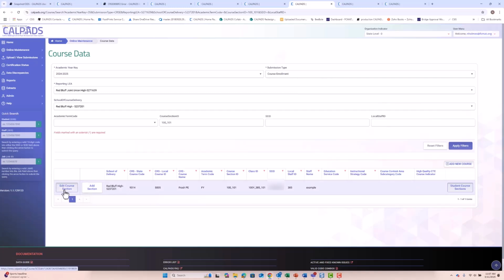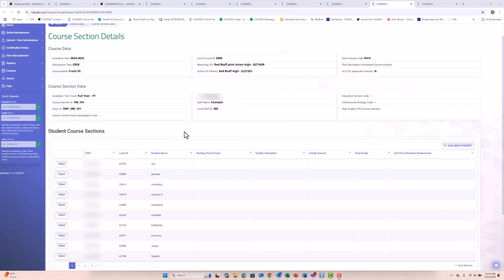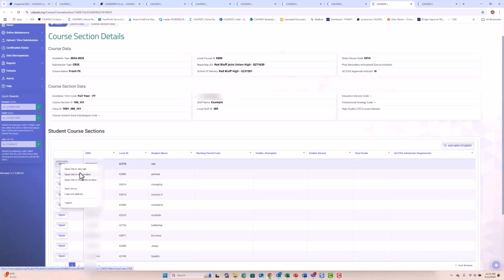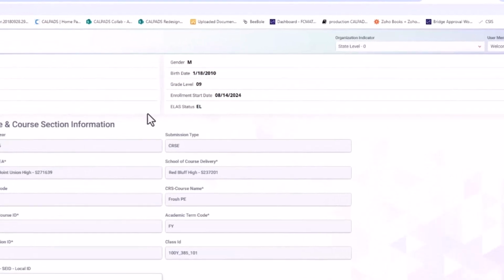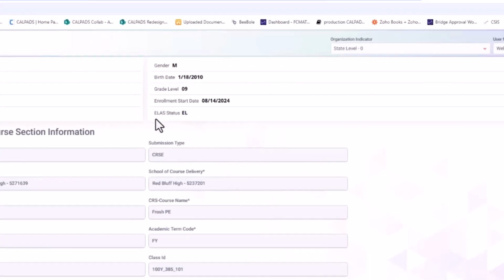So I don't need to open the record and see the individual details. I can confirm no Education Service Code is populated. What's triggering the error is the fact that there's no Education Service Code populated for students that are EL students. So if I click Student Course Section Enrollment, on the Student Course Section detail screen, you can see your course record at the top and the list of students. And if you open a student record, which I can right click and open in a new tab, we have the student's information here, and you can see we have at least one EL student.